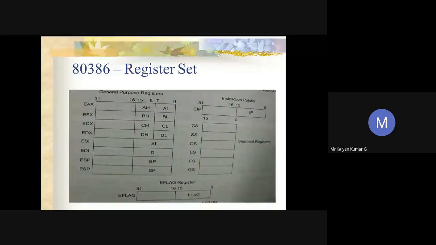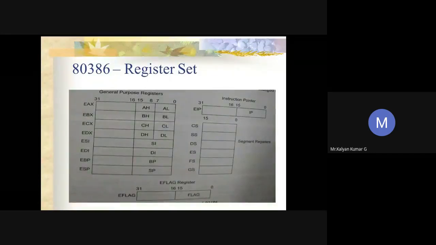The 80386 will support 8-bit data. For 8-bit registers, we have AL for bits 0 to 7 and AH for bits 8 to 15. We have 16-bit registers like AX, from 0 to 15, or DX in the same way. In addition to that, we also have 32-bit registers. That feature is what we call extended, EAX, EBX, like that. So these are the different registers available in 80386. You can just have a look over it.